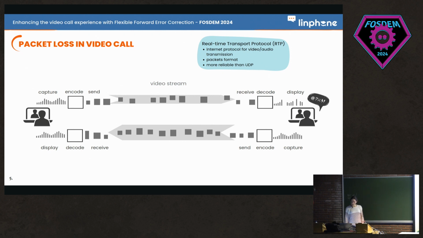To overcome that, you can use a strategy to recover your lost packets. With the forward error correction, you will recover the lost packets by using the next packets and also redundancy information that is sent at the same time as the video stream. This way, you can recover your full video and have a nice video call.